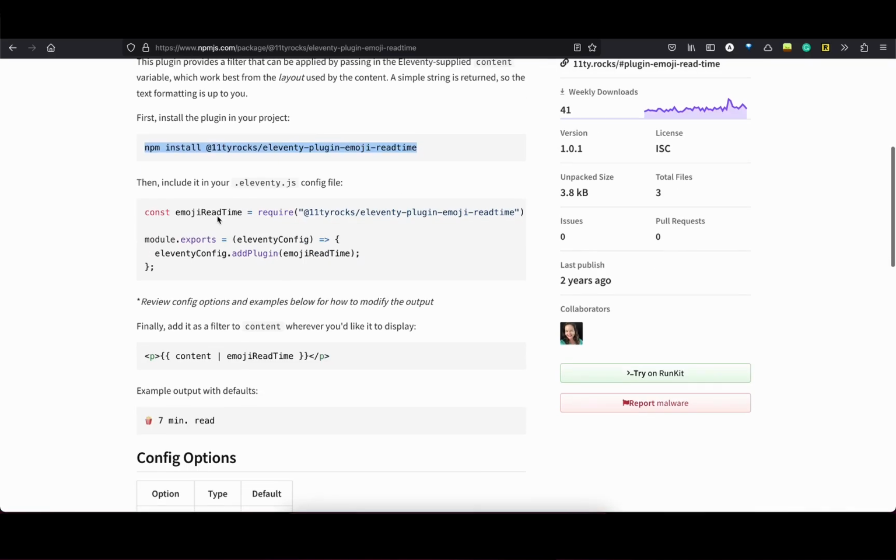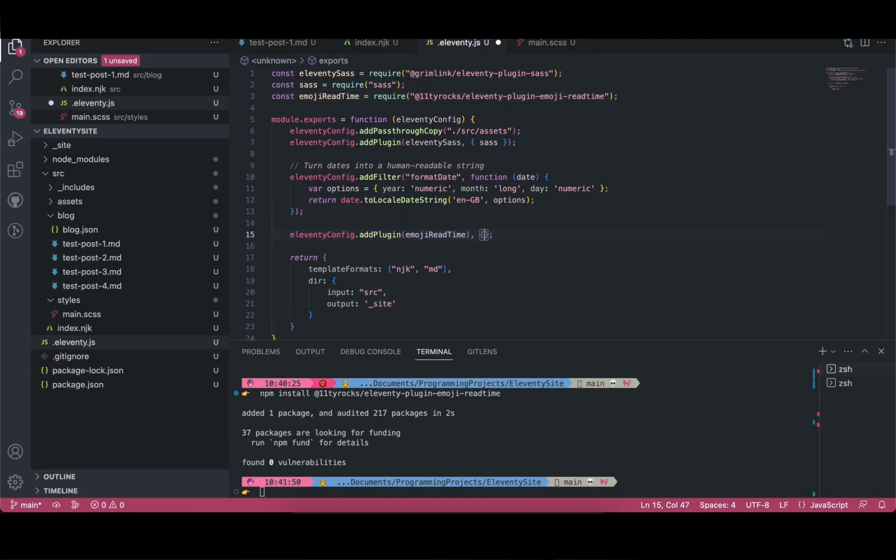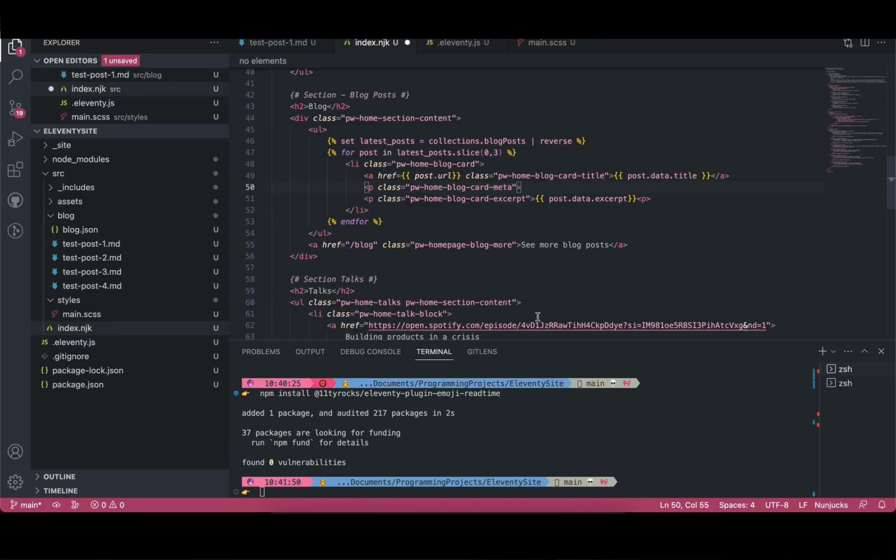So like before, I'll just follow the install instructions, and I'll put a bit of config in to hide the emoji and just show the read time. So now I can add these bits to the card. The excerpt from the front matter, the date with the filter to format it, and then the template content, which is the whole page content, and then run that through the read time filter to get the read time.